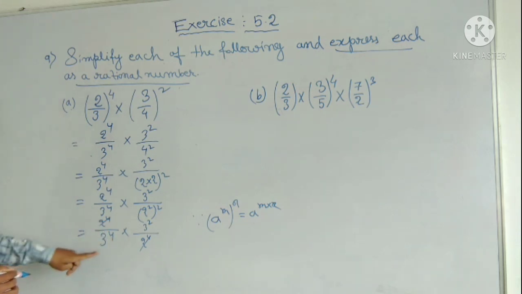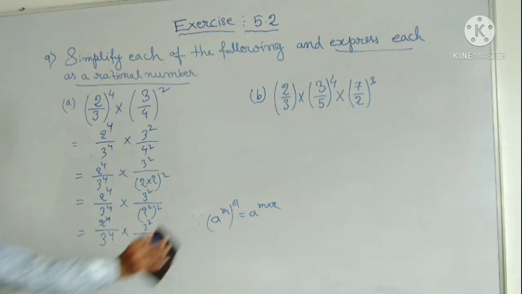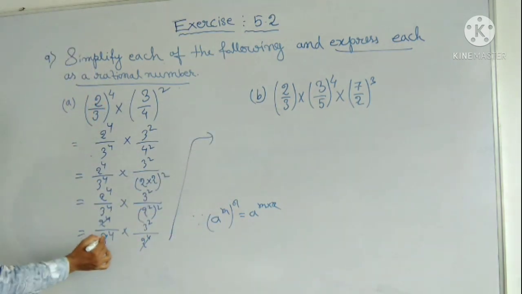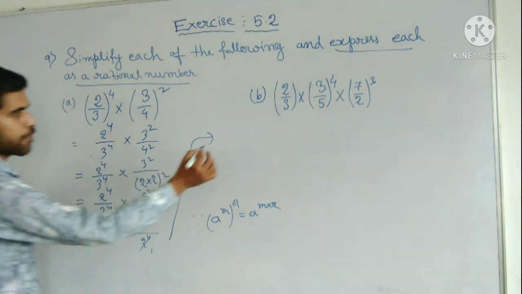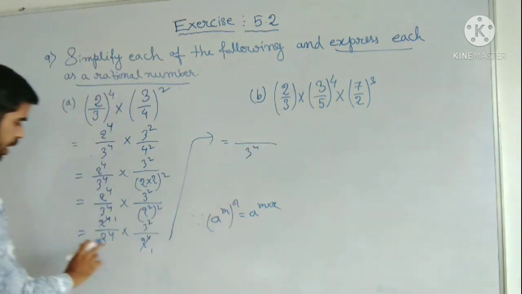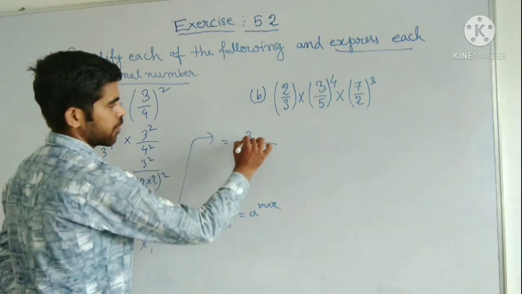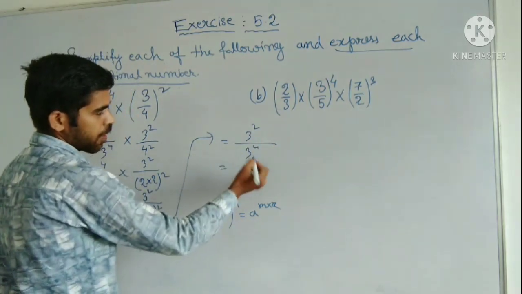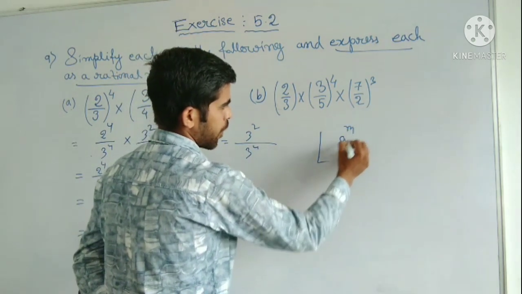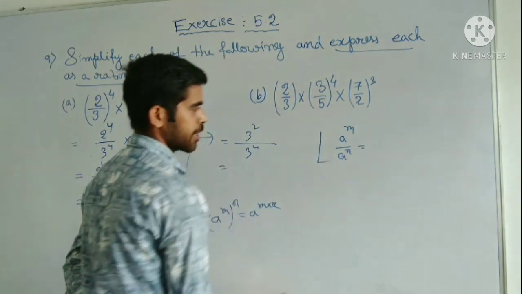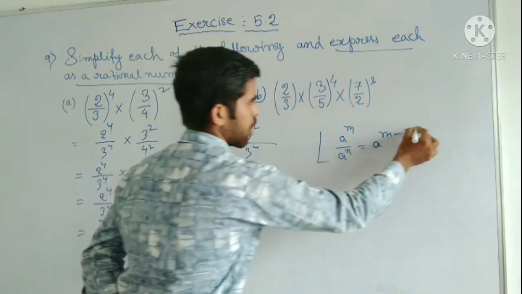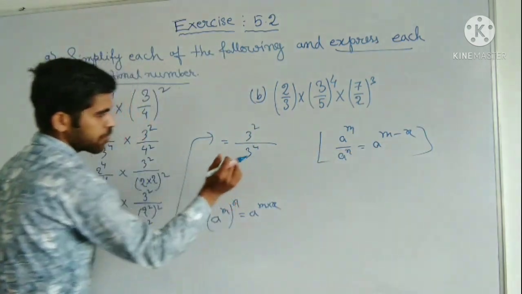Now see, there is 2 to the power 4 and there also 2 to the power 4, so they will cancel. And then what remains? 1 there, and 1 there. If you multiply 3 to the power 4 into 1, it is again 3 to the power 4, and 1 into 3 square, then you write 3 square. Now in laws of exponents, a to the power m over a to the power n, if you have like that, then you subtract the powers. So this law will be used there.